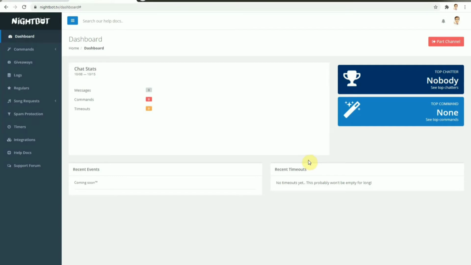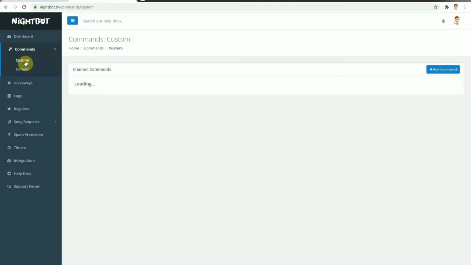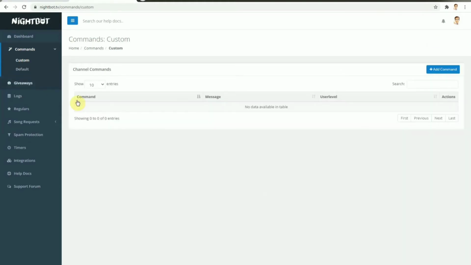Okay, now let's try to type in a command. Alright, so you see this page here, this tab here, it says command. Click mo lang yan, tapos custom. Then you can enter like 100 of commands here. But I'll show you one command that we're using. Like you can create your own commands. So if you want to create your own command, just click here, add command,